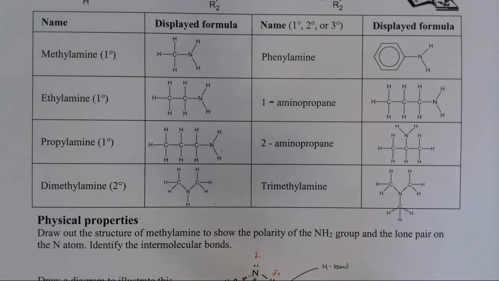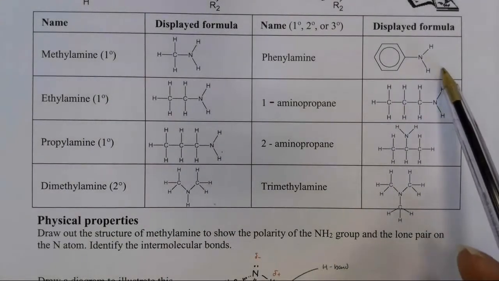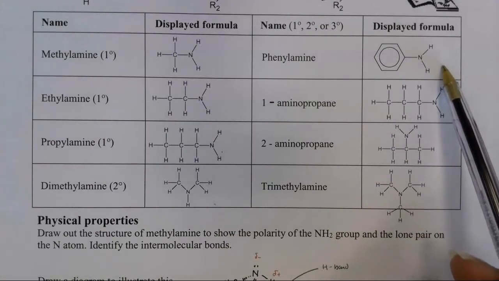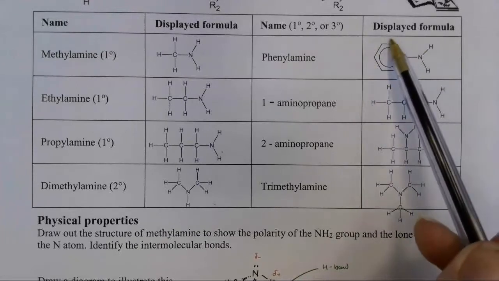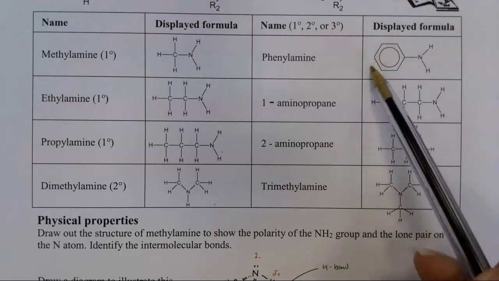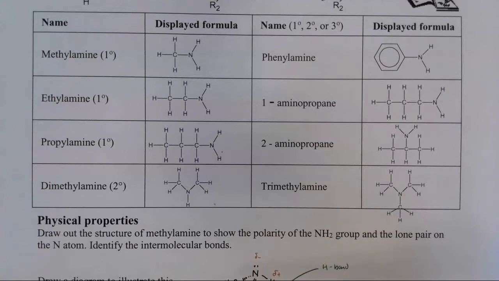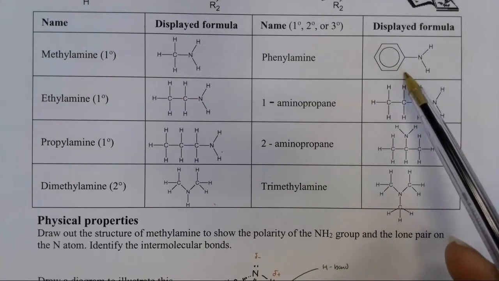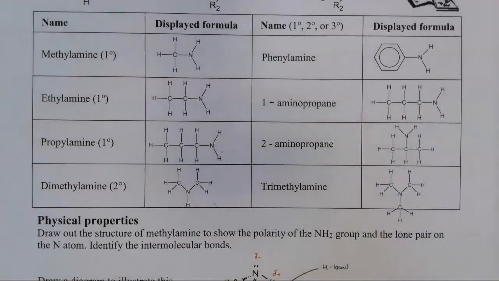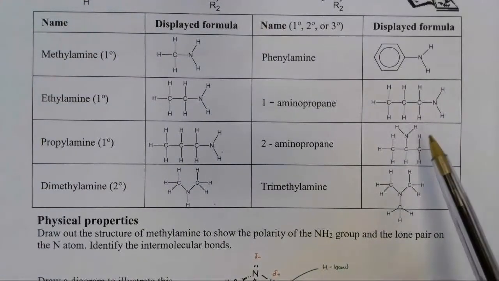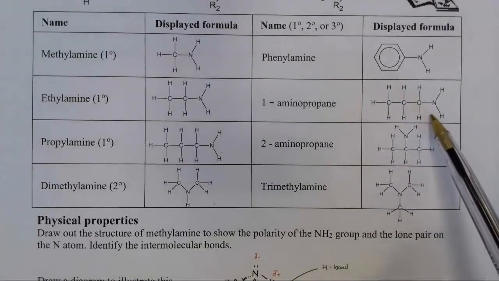There are some ones that you need to learn. So for example, this one, phenylamine. This is what we call a benzene ring. And sometimes if it's a substitute, it's called a phenyl ring. So this is called phenylamine. If you're a biologist, you might have come across these as amino groups. So if you see here, we can call it